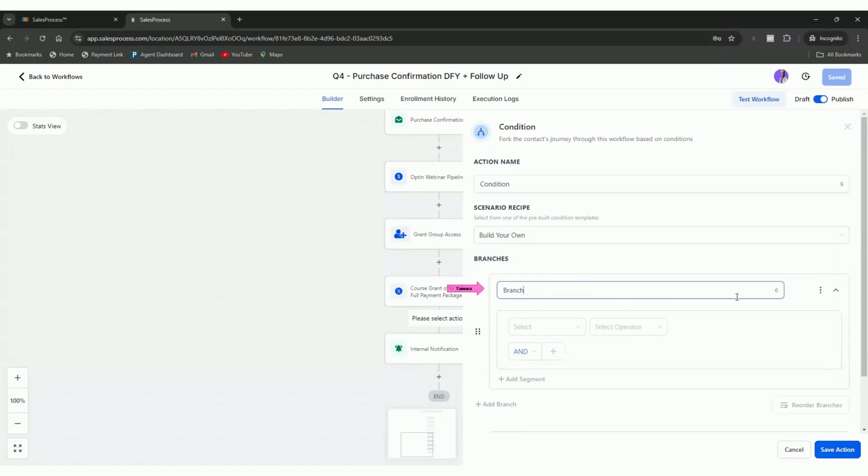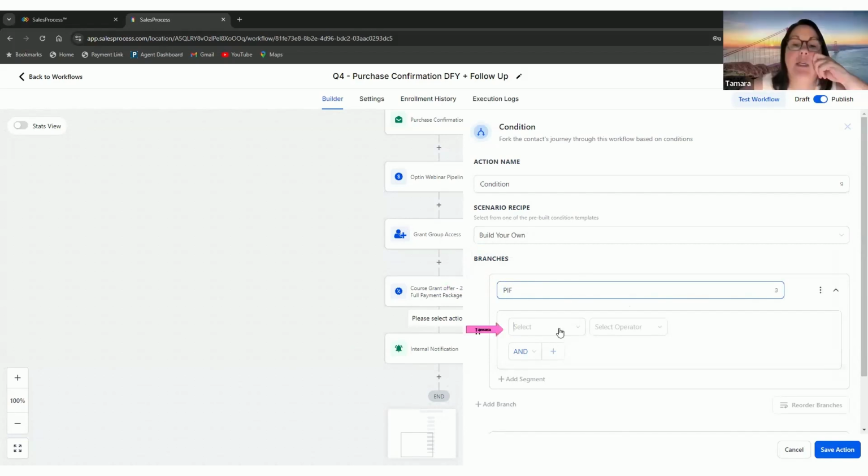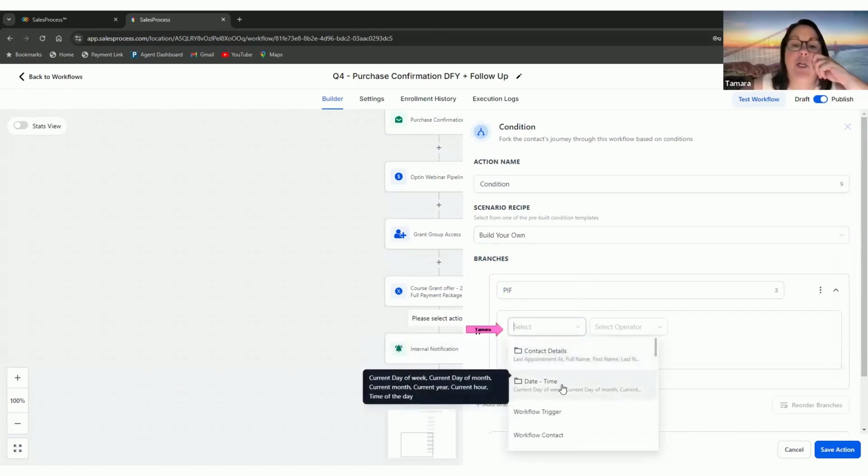So we're going branch. Are we typing paid in full here? Yeah, just type in paid in full. You don't have to keep the branch. Get rid of that. All right, gotcha. Yeah, paid in full. And then you're going to choose workflow trigger is,